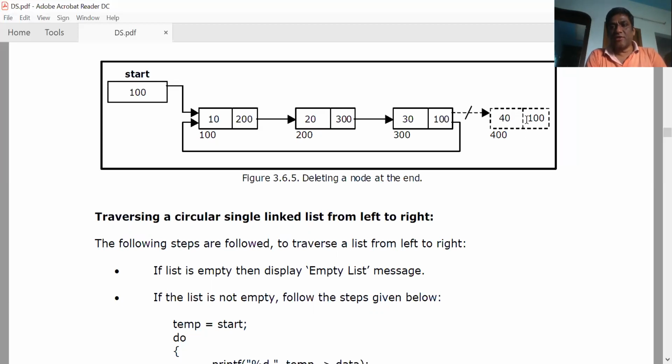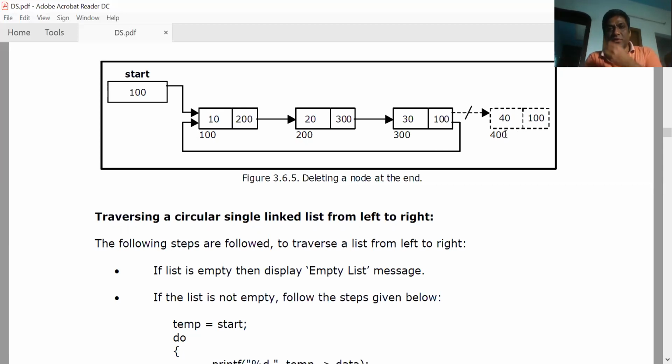And then because we are going to remove this, update the previous node's pointer because this becomes the last node now. Previous next is equal to start. Once this is done, you can remove the node pointed to by temp, just free of temp.